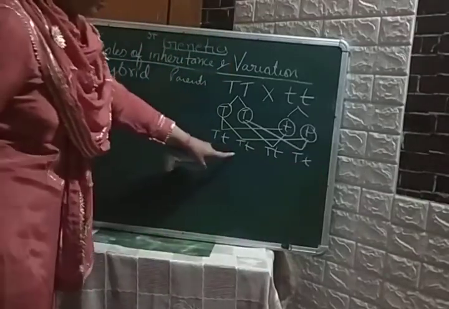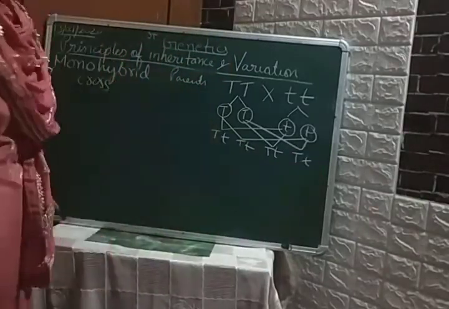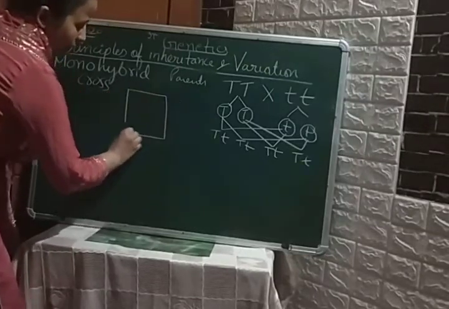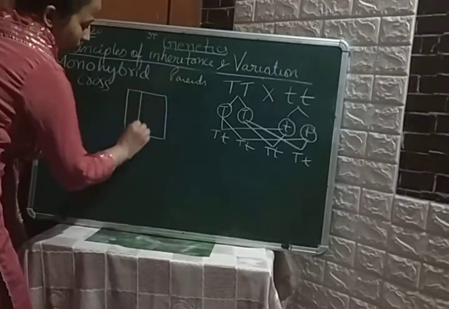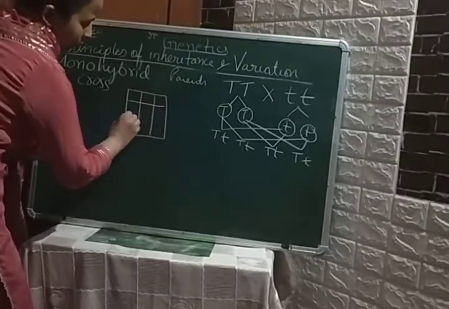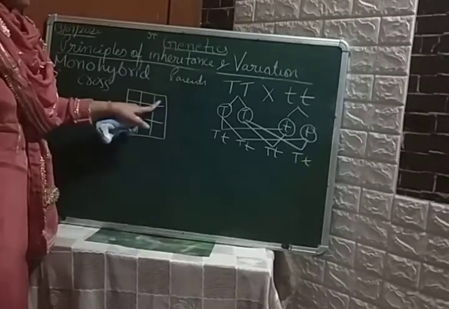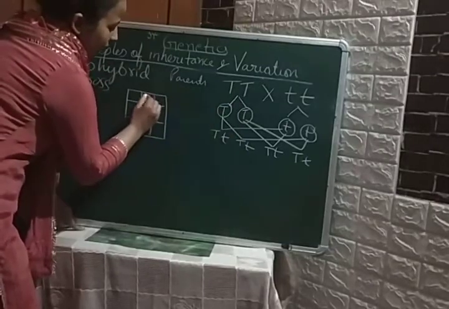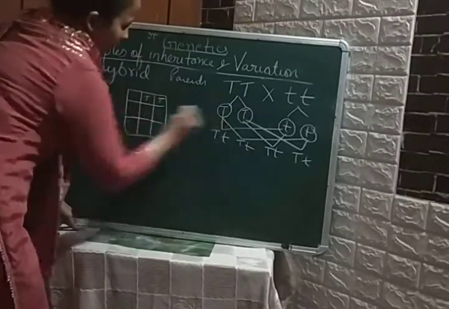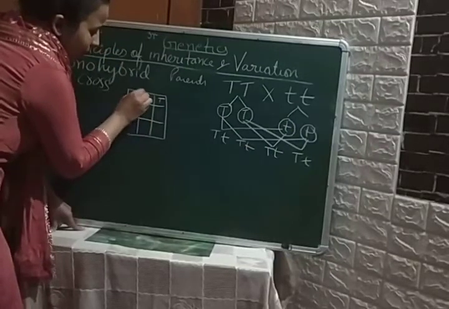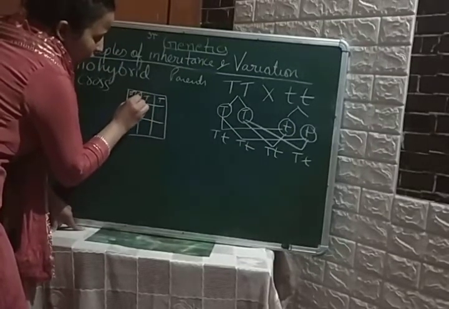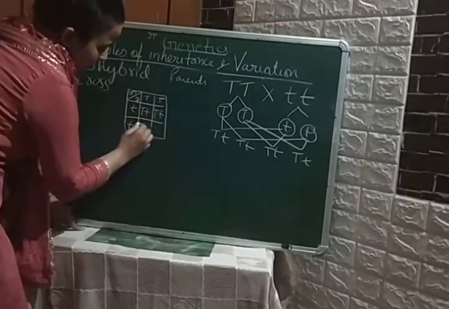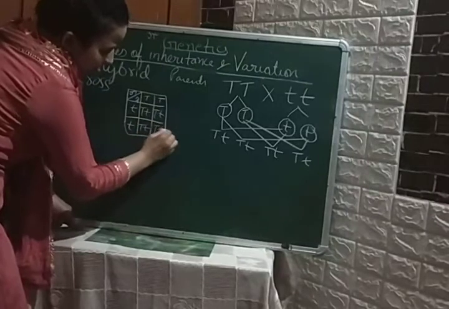If it is difficult for you in this way, you can also draw a Punnett square. Okay. In a Punnett square, what do you do? You make it in this way, like this. Okay. Here you will write the gametes of one parent and here the gametes of the other parent. For example, here I will write these gametes, and here below I will write these gametes. Okay. And here you will write male and female. Clear? Then capital T, small t in each box.